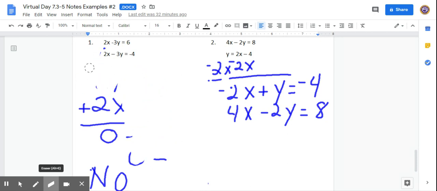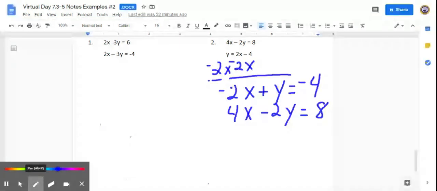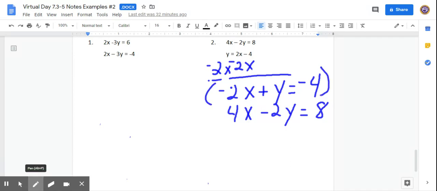So now what do we want to do? We have to eliminate a variable. So we have to choose which variable do we want to eliminate. Well, we can eliminate x's or y's. But I'm looking at the y's and I see a -2 in front of the y there. So maybe if this one had a +2, then they would be opposites. So let's multiply the top one by 2. You're going to get -4x plus 2y